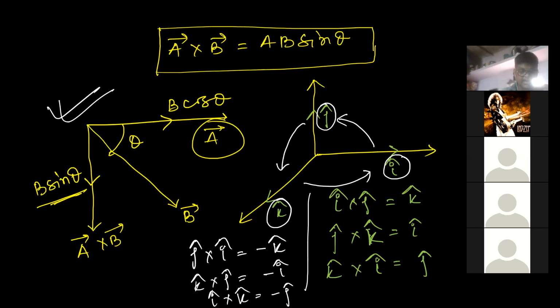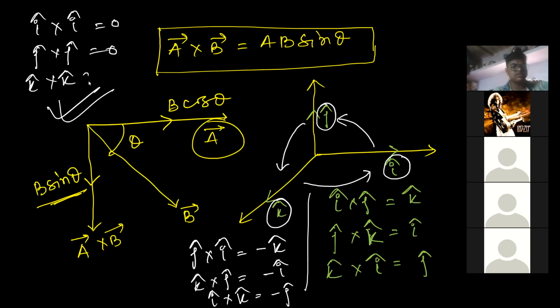Now, if I find the cross product of two same vectors, like I cap cross I cap, you can say that there is no other unit vector working along I cap. We can only think about the perpendicular component with both of the vectors. Now there is no perpendicular component with respect to I cap itself. So that's why I cross I equals 0. J cross J equals 0. K cross K is also equals 0. Is this clear? Just write it down, then see.